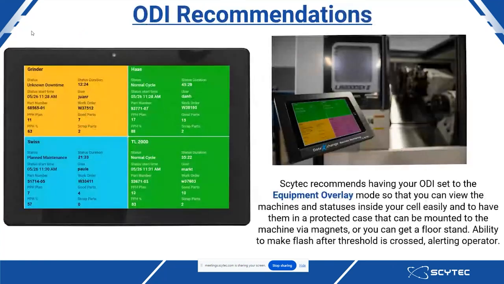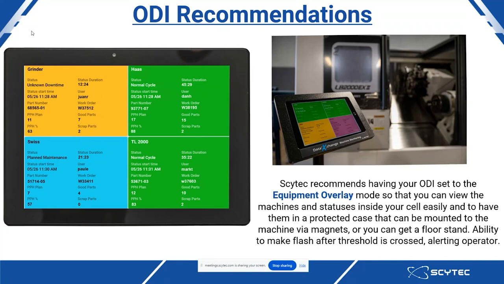Now, last month I also talked about ODI and did so a little bit this month. How you would have ODI set up next to a machine is what you're looking at here with that image on the left, which you can see more clearly, as well as the image over there on the right next to what I think is an Akuma machine. What you're looking at is the ODI equipment overlay mode, where you can see a high-level view, once again, of all of the things that you deem necessary for your operator inside of a cell to be aware of,